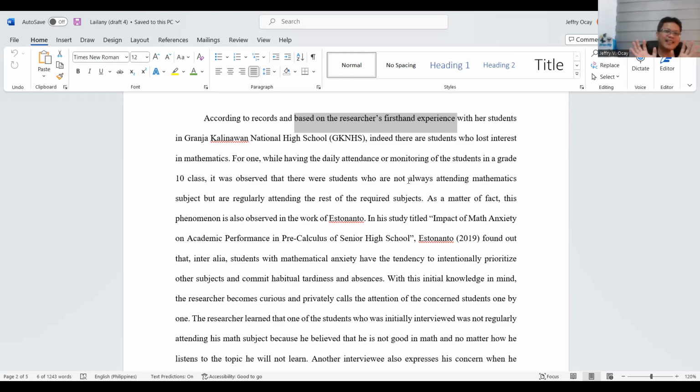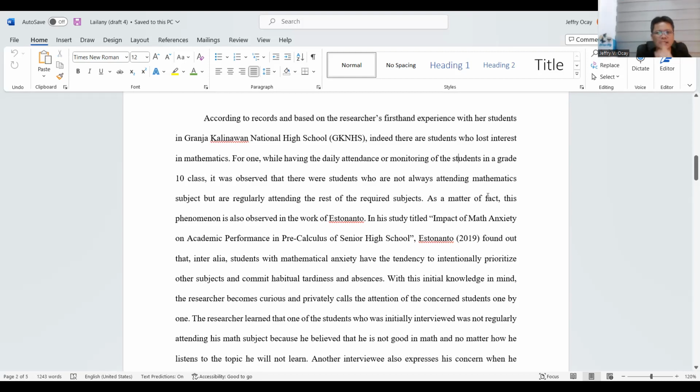So when we say these things, you cannot question our data. We were there. We observed it. We experienced it firsthand. We checked the records. Why doubt? So again, according to records and based on the researcher's first-hand experience with her students in Granha Kalinawan National High